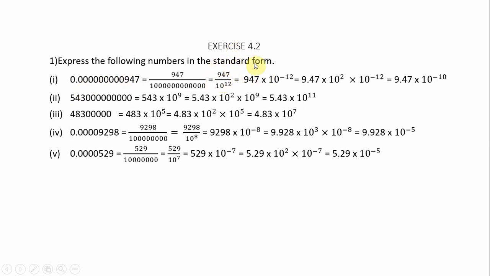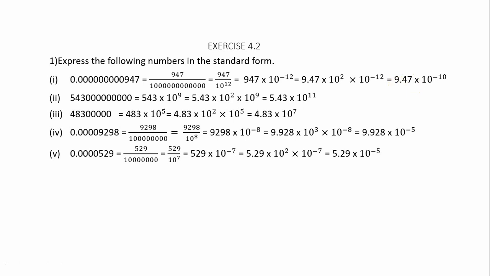Actually, what is meant by standard form? In your physics, you would have seen the distance between the sun and the moon, the distance between the planets, two stars, and so on will be given to you. That will generally be expressed with 10 to the power of something. And here a single decimal means only a single digit will be there before the decimal, and after the decimal you may have any number of digits, but before the decimal it should have only a single digit. That is how you have to plan.